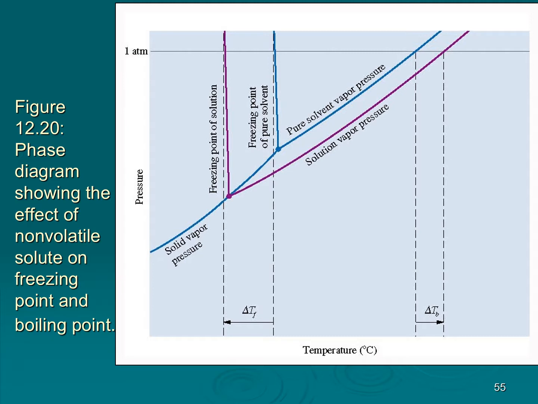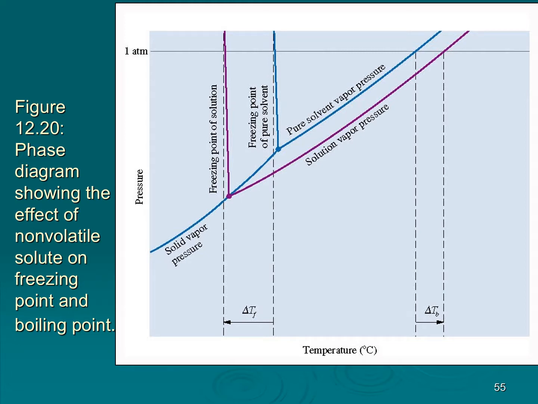But antifreeze is a little bit of a misnomer because it's also anti-boiling, because it will also raise the boiling point. So when you add antifreeze to your car, you're making that liquid range from maybe -10 to 110 or something like that, rather than 0 to 100. So these are some examples